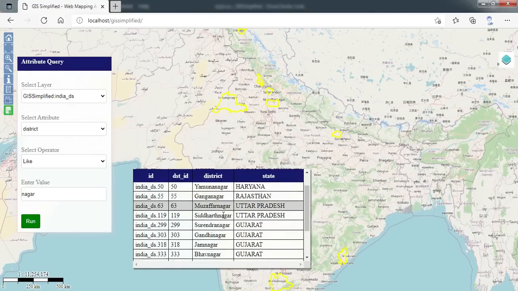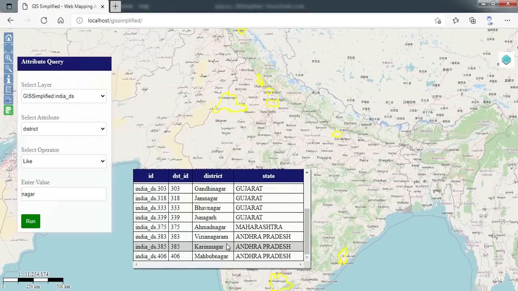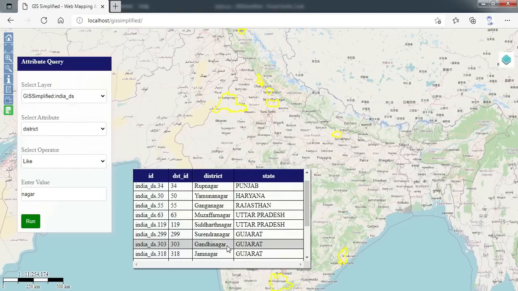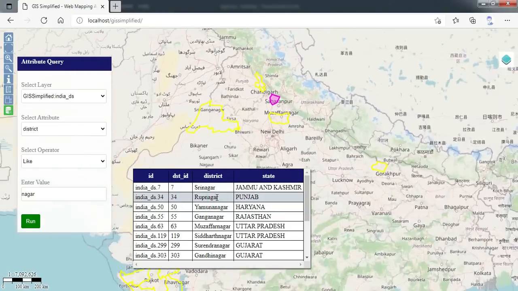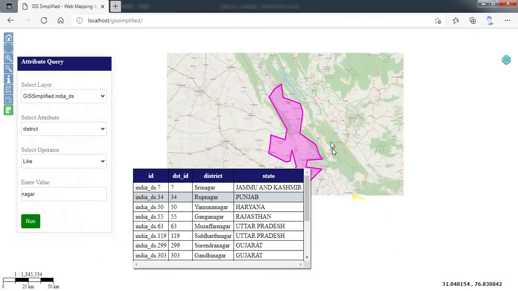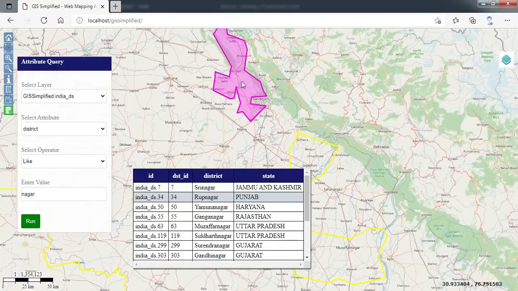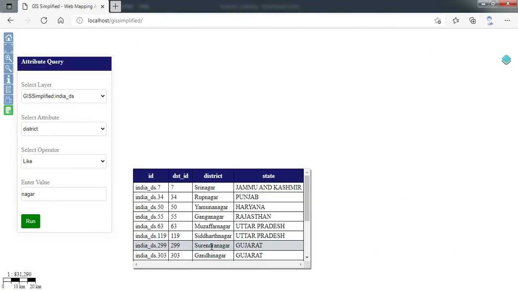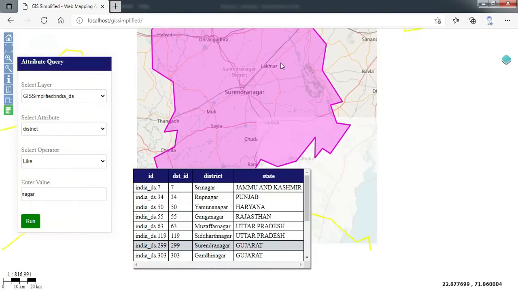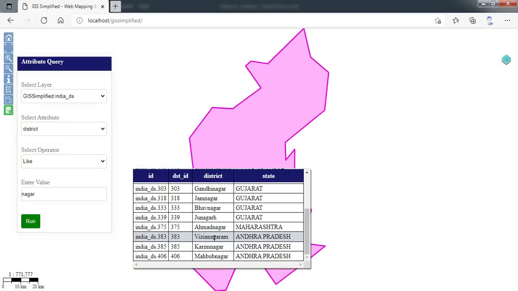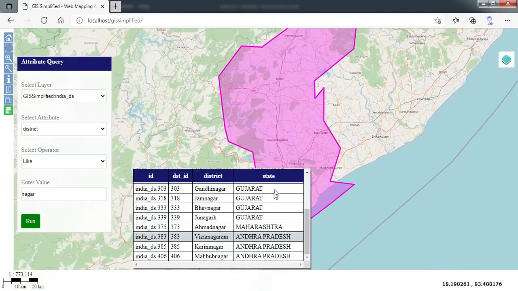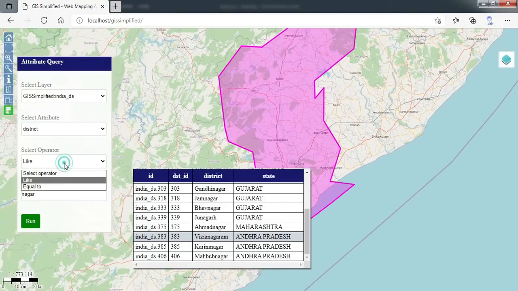Now when I click on a particular row on the table, we have written an add row handler function for that. So when I click on Yamuna Nagar, you can see the feature has been highlighted, and when I click on another one, you can see it is zooming to that. So the feature is highlighted and zoomed to. Other features are selected with yellow border. So I can click on any feature in the table and it will show me the highlighted feature and zoom to that particular feature. So it is such a beautiful functionality and so user friendly. We can interact with that.